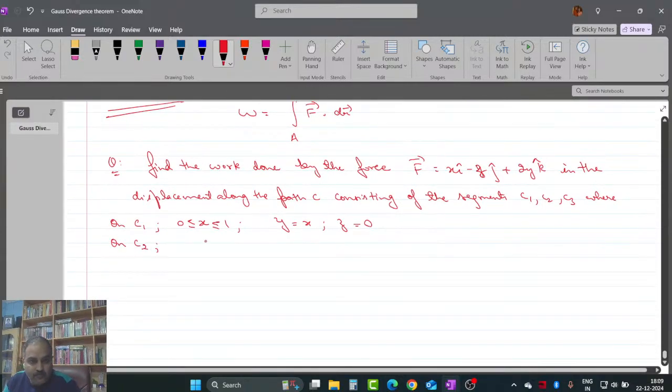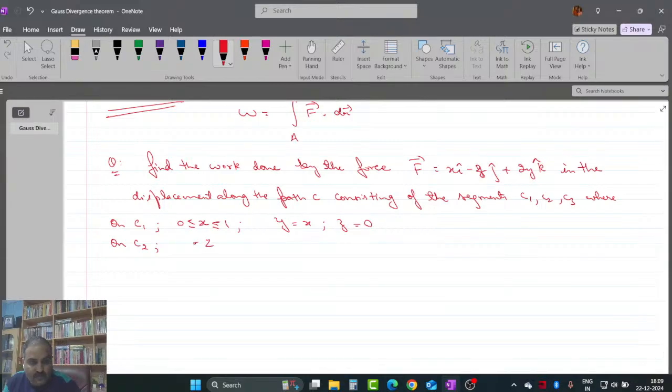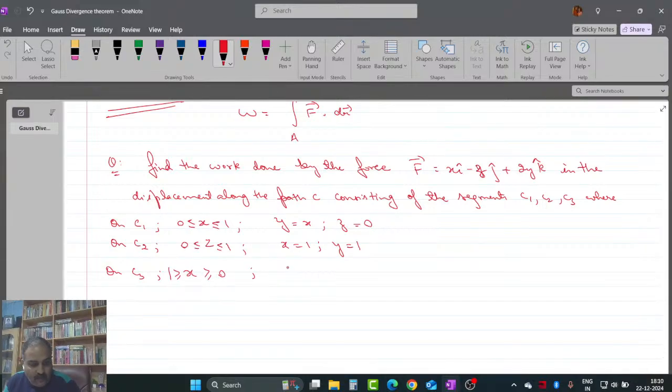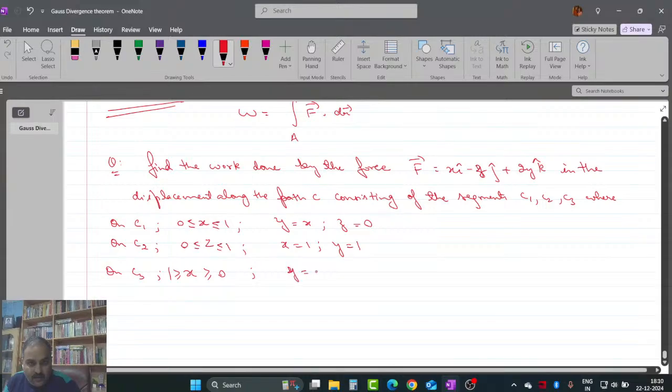On C2, z is varying from 0 to 1 and x is equal to 1, y is equal to 1. On C3, here the signs are reversed, so x, y is equal to z is equal to x. ये स्टेटमेंट है।